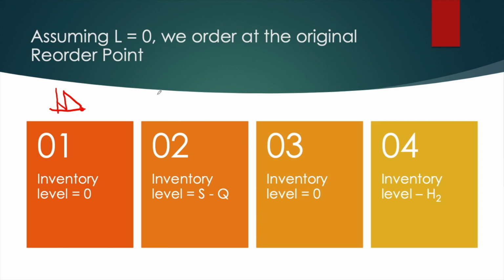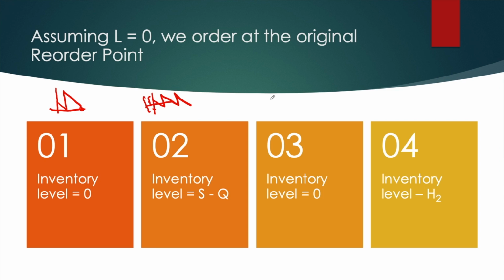On the other hand, for model number 2 graph looks like this. Okay? And if you remember, you will be ordering your Q at this point in time. And this point in terms of your inventory level is S minus Q. Remember that S is the height of the graph above the x-axis and Q is the total increase, including the one below. And that is why S minus Q is the level here.